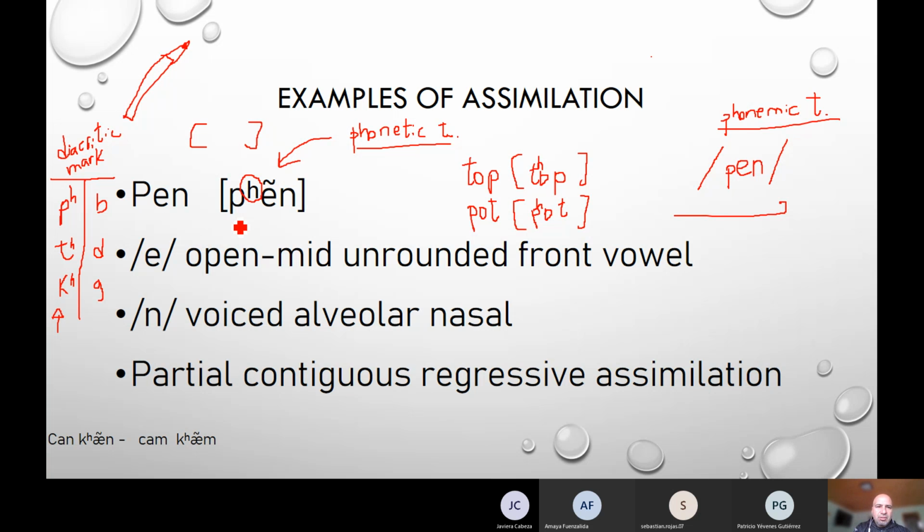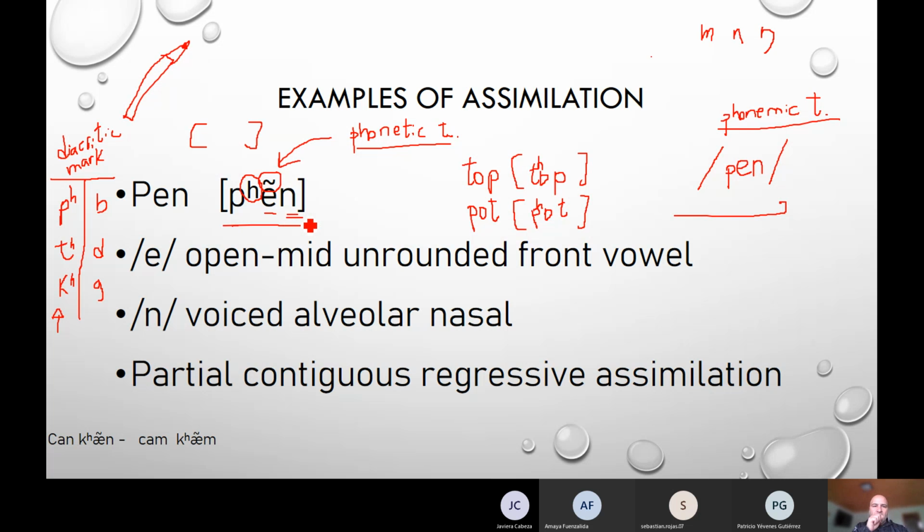Okay, so in this phonetic transcription of the word pen, we also have another diacritic mark, which is this one, right above the vowel sound, right? So what that diacritic mark is telling us is that this vowel sound is nasalized. Nasalized means that it's getting some characteristics from a nasal sound. Remember that nasal sounds can be articulated in different ways, right? So in this case, we have